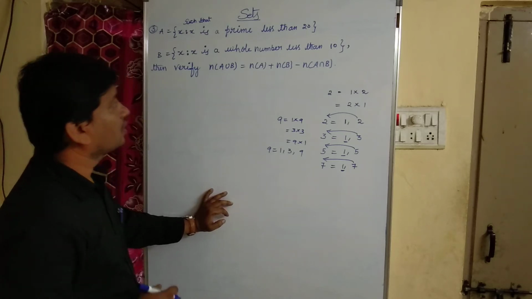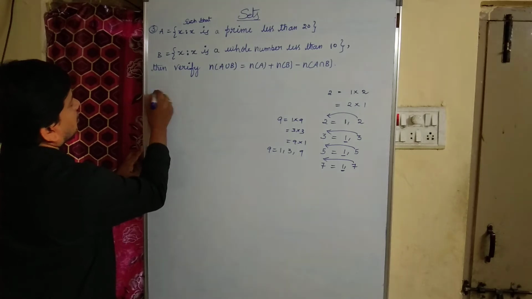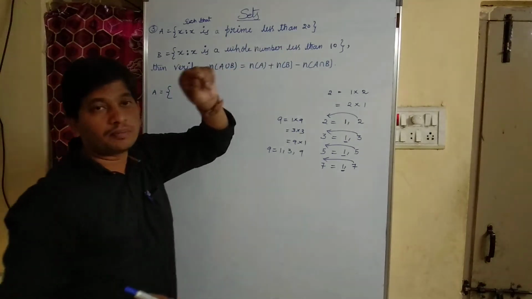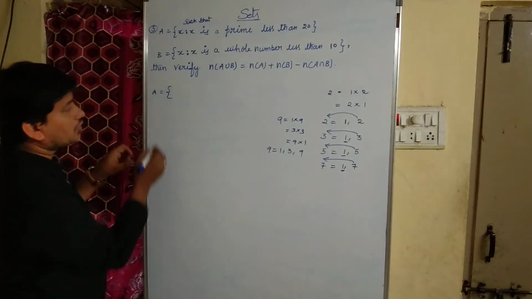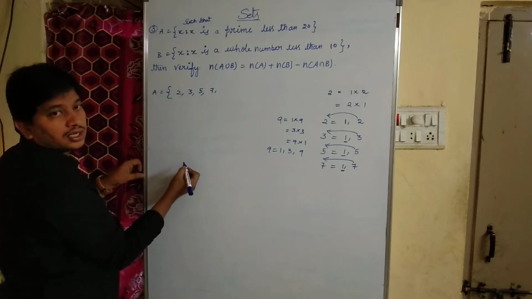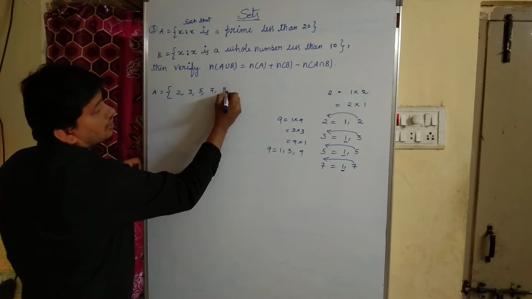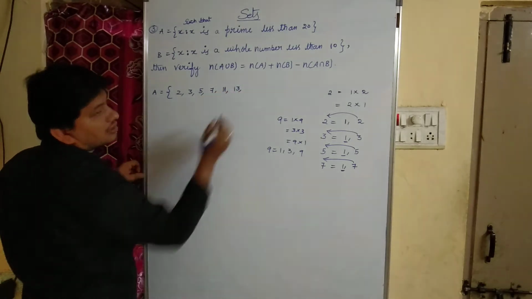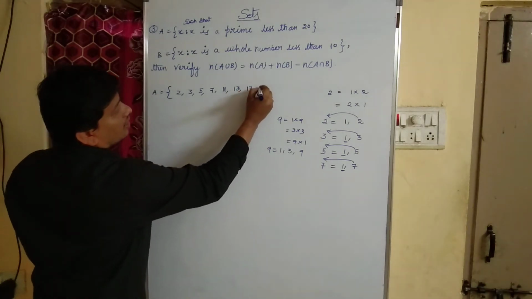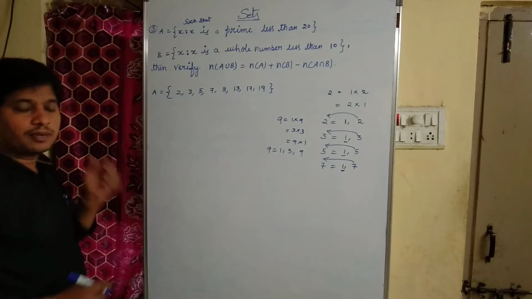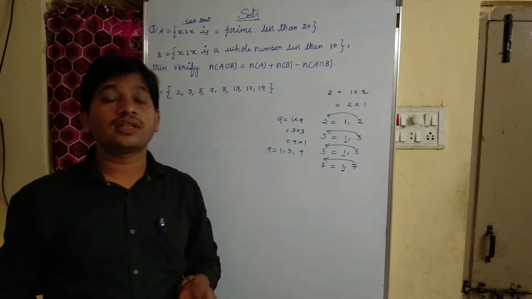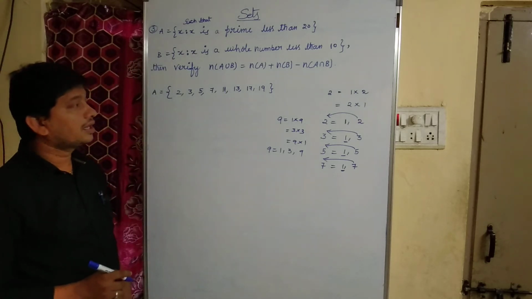Okay? So, given set A is x such that x is a prime less than 20. Prime numbers which are less than 20 are, you need to remember, 2, 3, 5, 7, 9 is not a prime number, 11, 13, 15 is also not a prime number because 3 5s are 15. So 17 and 19. They are the primes which are less than 20: 2, 3, 5, 7, 11, 13, 17 and 19.